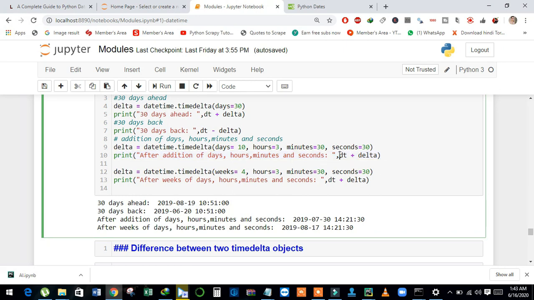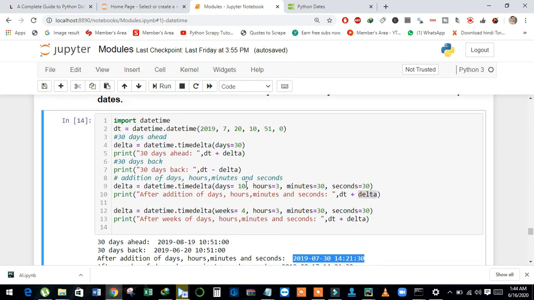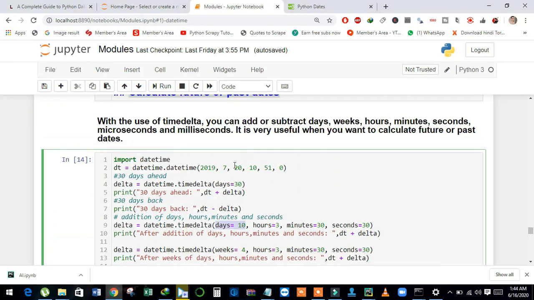And see here I just sum up the object of datetime class object and delta. And see here this is a new result. And see here we have argument 2019, 07 and 30, because I just added here days equal to 10. And see here in argument it is a 20.